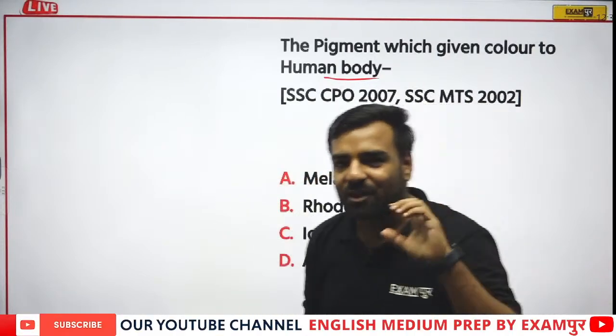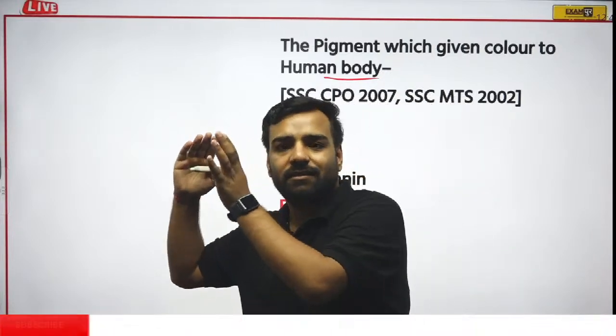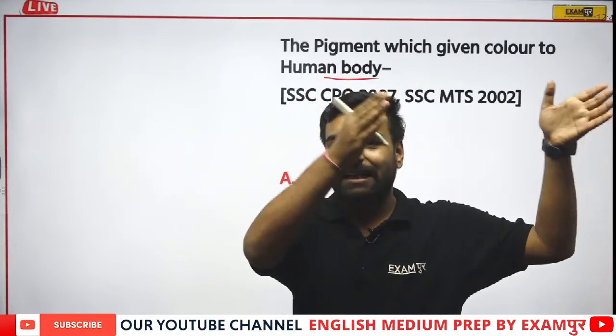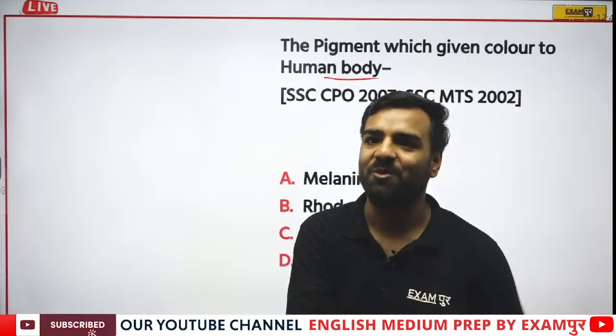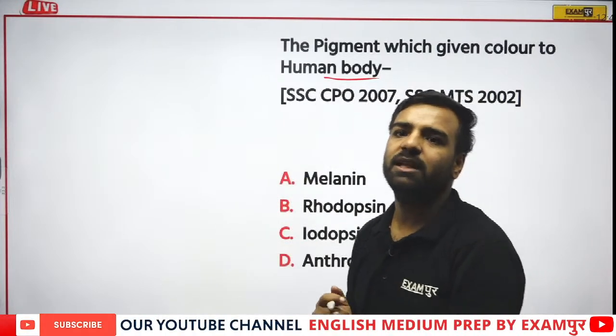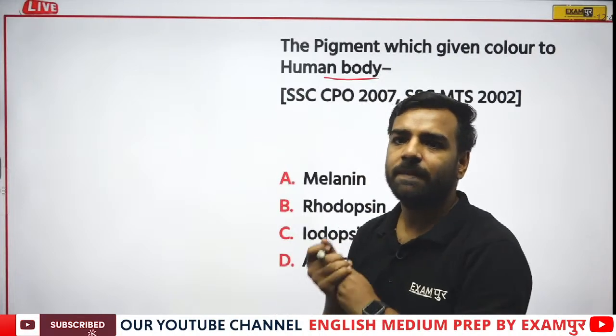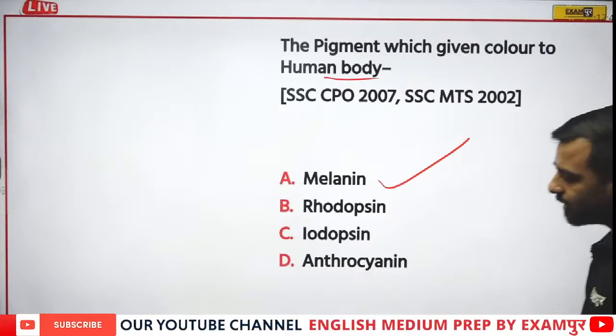Correct? So whatever is happening with us, in the different ages, it is actually happening because of those hormones. Correct? So yes, we have the answers over here. Ilma is with melanin, Momita is with melanin, Nikita is with melanin, Sana is with melanin, and that's true. Melanin is the correct answer.